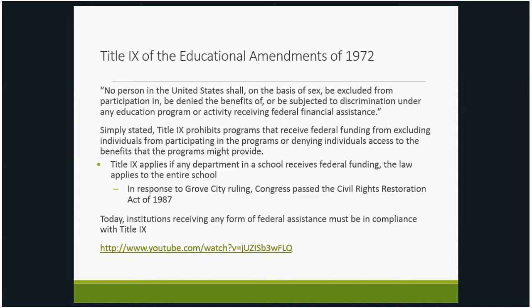The Civil Rights Restoration Act of 1987, in response to a Grove City ruling that we'll look at in a few minutes, passed this idea. We're looking across the board in our court system and our government to eliminate discriminatory practices. And this began the idea in the early 70s of an educational program. It grew into athletic programs, but now Title IX is really focused on the college atmosphere as a whole and is doing a lot of